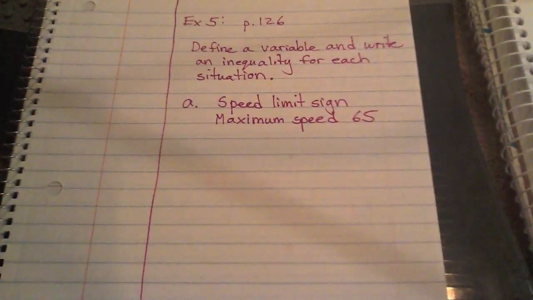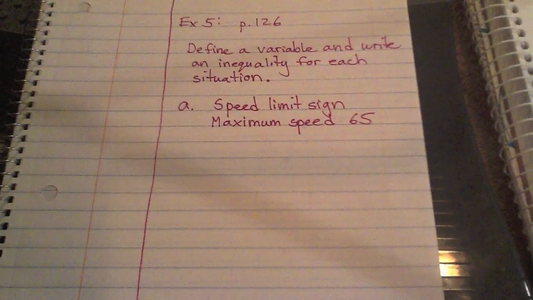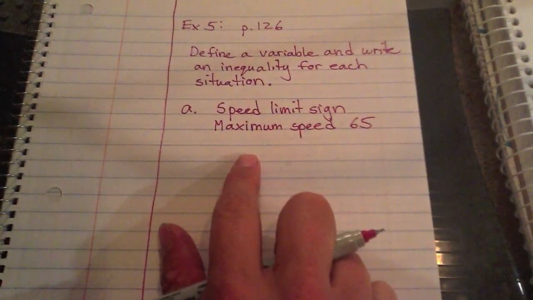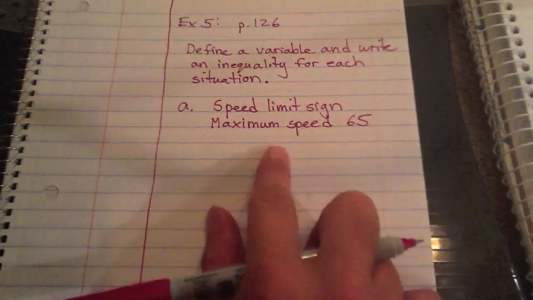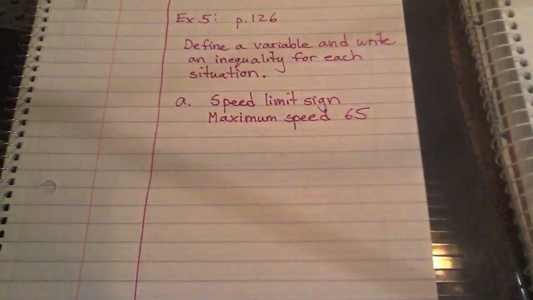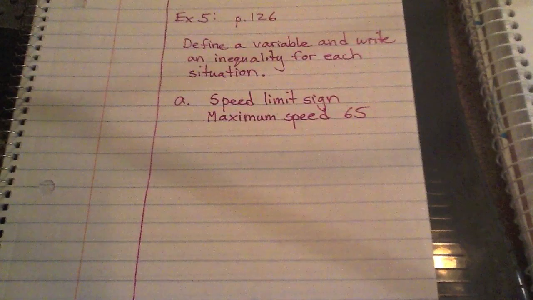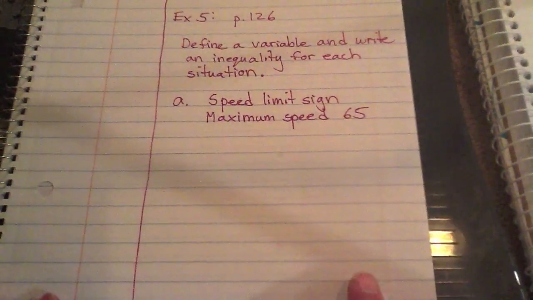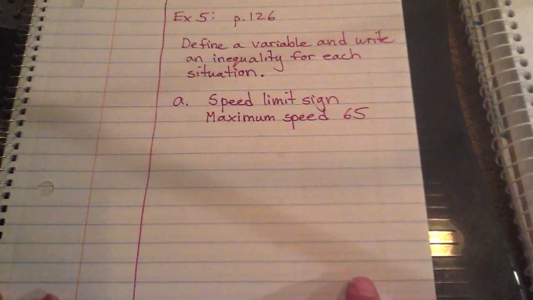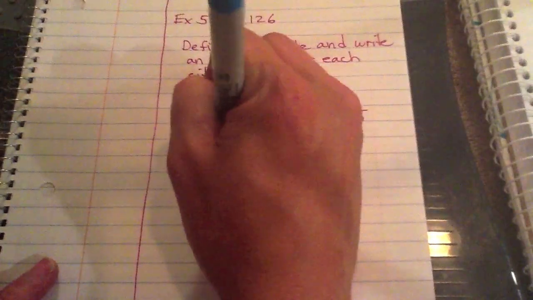So here's what you have to think about with this. You can just put X if you want, or you could think of it as S for speed, M for maximum. For me personally, I would probably use S for speed, because I usually try to find the most important of the words there. So you're going to follow the exact same rule we just did for writing inequalities from a graph. Variable on the left,